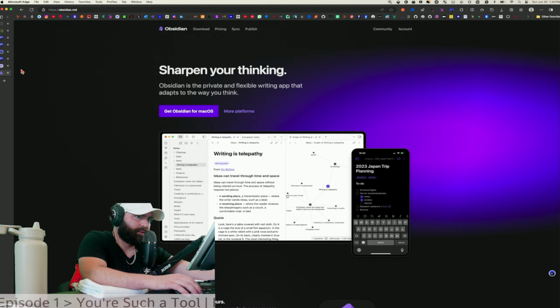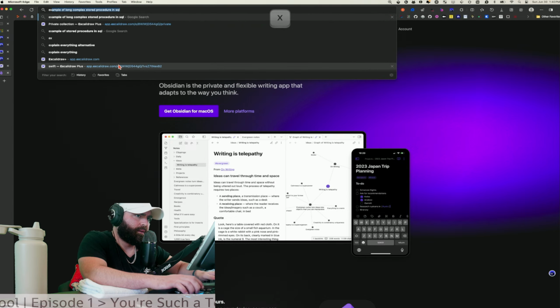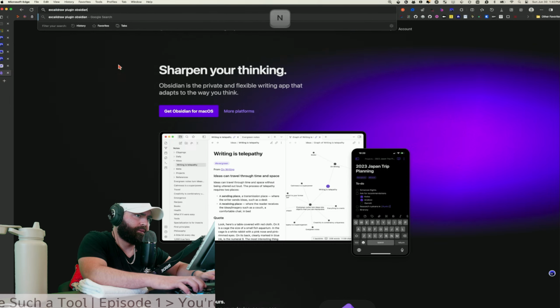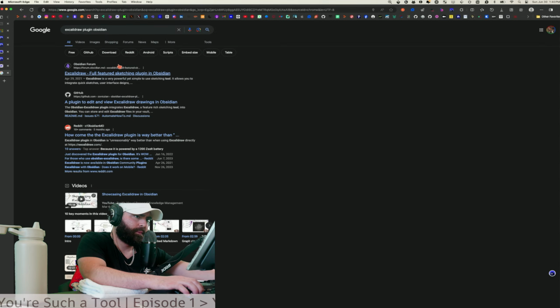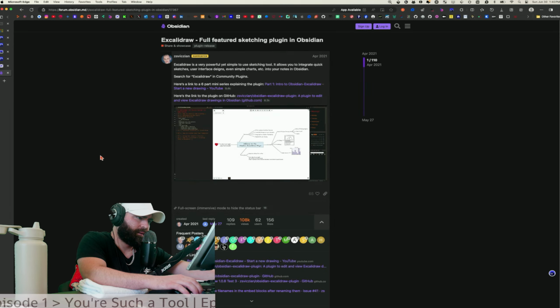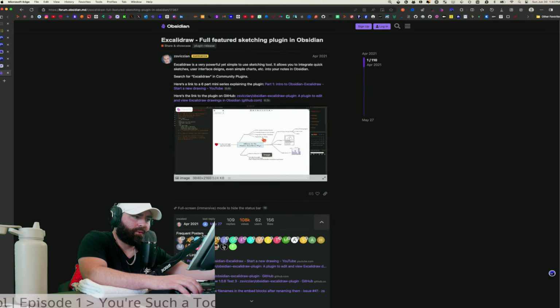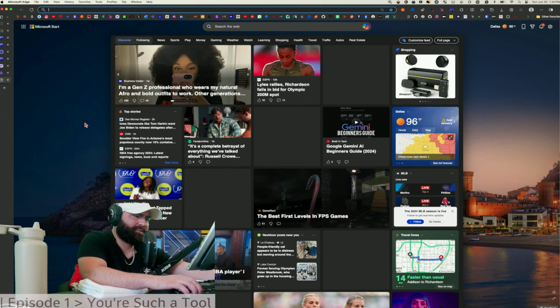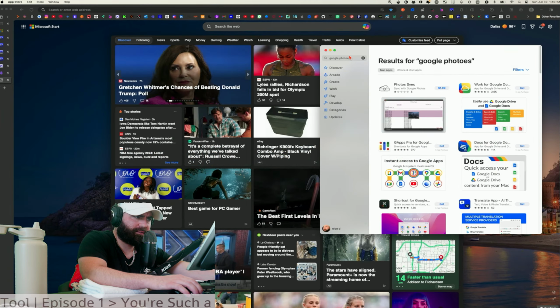And to that point, there's an ExcaliDraw plugin for Obsidian. There's a very popular plugin that's completely free that lets you use ExcaliDraw inside of Obsidian directly within, just locally. So you just have .excalidraw files on your local machine. You don't even need the plus. And it's completely free. So, I mean, see, even now when I'm saying it, I'm like, man, I almost want to give it another go. Maybe I'll just try it. Maybe they fixed it. You never know. Let's try it.